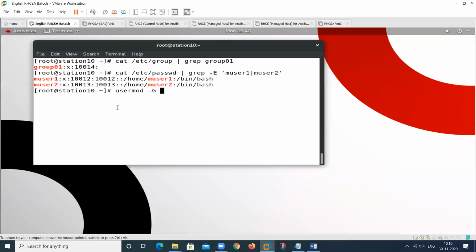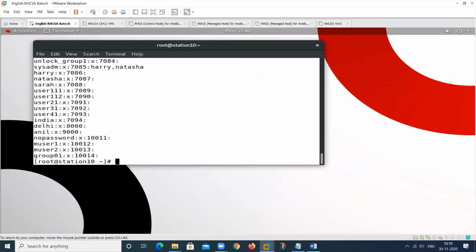Suppose I am creating this particular user. This is also known as a group. I will show you. When we create this one, this is also a group, but this is the primary group. And this is a secondary group. So I am telling about this and this also. For this we use small -g, and for this we use -G in capital letter.